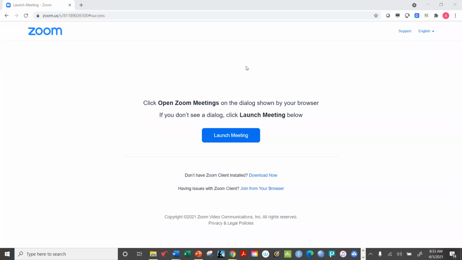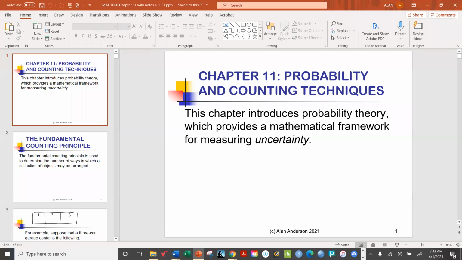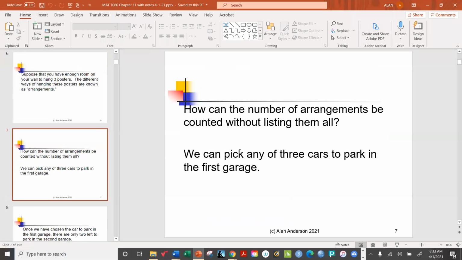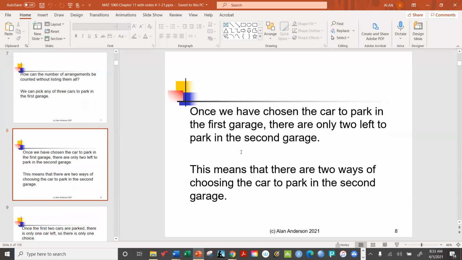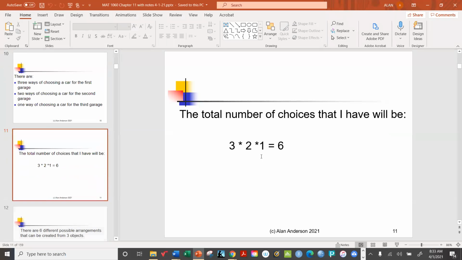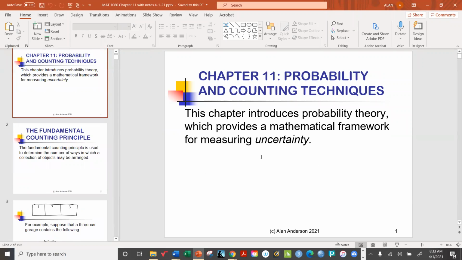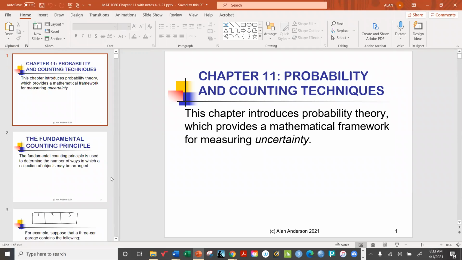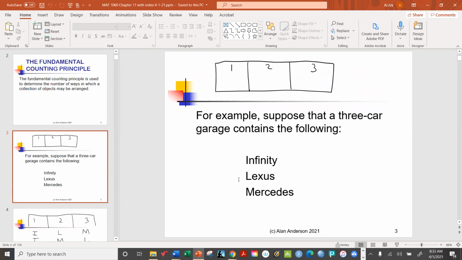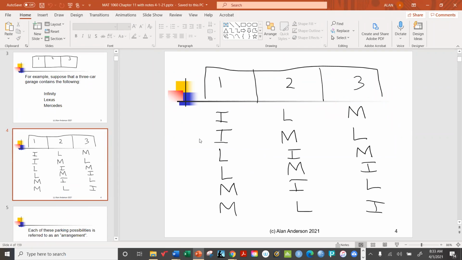Well, anyway, our discussion right now is on probability theory. We're in chapter 11, and it just so happens that we've got some pretty cool videos to watch today. First, I just want to quickly remind everyone that we were looking at arrangements. Remember, we talked about parking the cars in the garage, and we determined that the number of ways to park the cars is 6. We can do that one of 2 ways. We can just write them down,